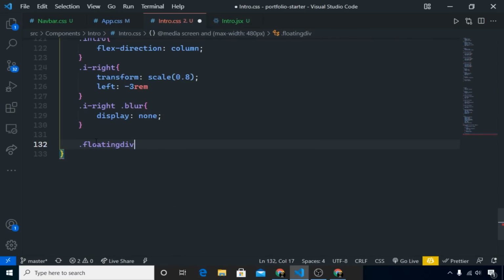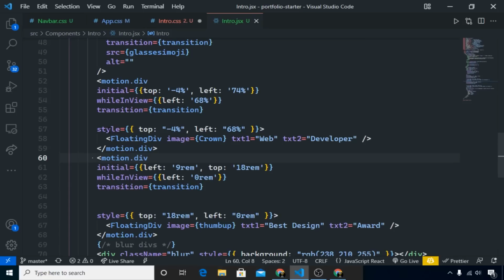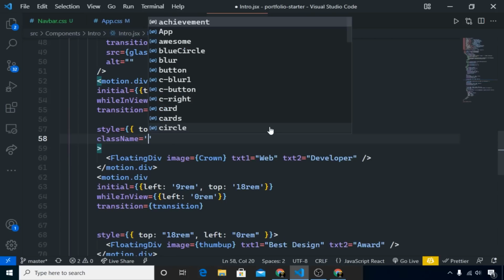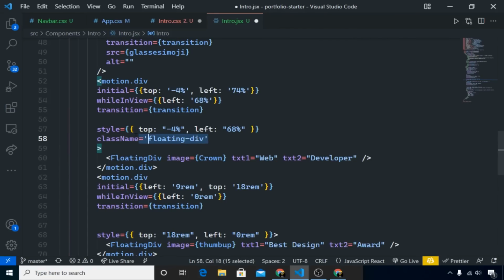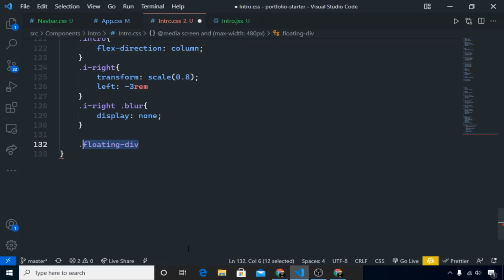So because we don't have any floating div class, let's make it. First I will just copy this one and then, in intro.jsx, the parent div of our floating divs. Here I will make it className. Its class name will be this one, floating div, and similarly for the second one. Okay, let's format the code. Now save, and in the CSS I will say